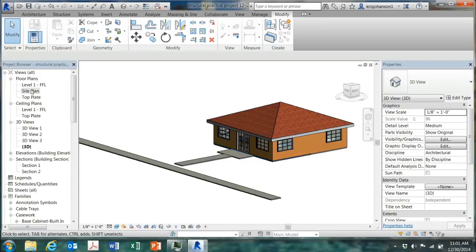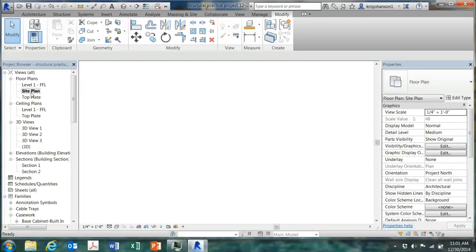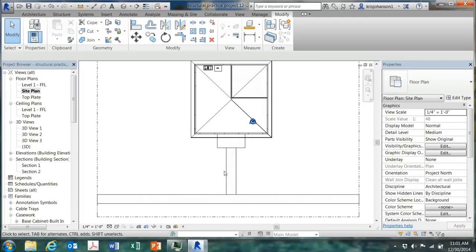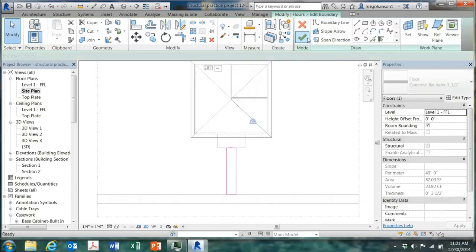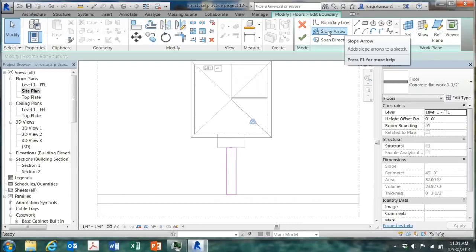That's pretty easy to do. Let's go back to Site Plan and select that portion and go to Edit Boundary, and then Slope arrow right here. This is the key. And draw an arrow from right there